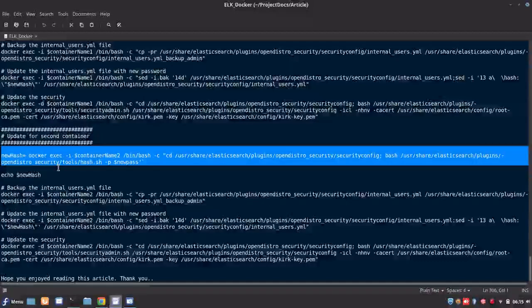So this is how we install and configure the Elasticsearch and Kibana services of Open Distro with the Docker Compose file, and we have seen how we can update the internal users' default setup, that is the default admin and password, of the Elasticsearch and Kibana service. So I hope you understood how to use Open Distro. This is a very good tool, Open Distro Elasticsearch, which you can use and try out.